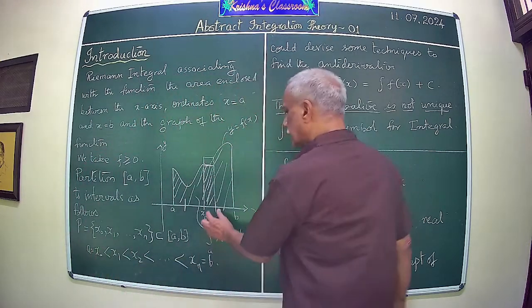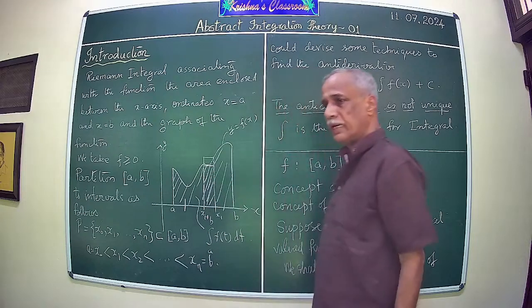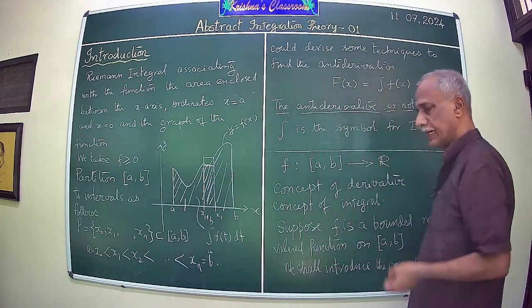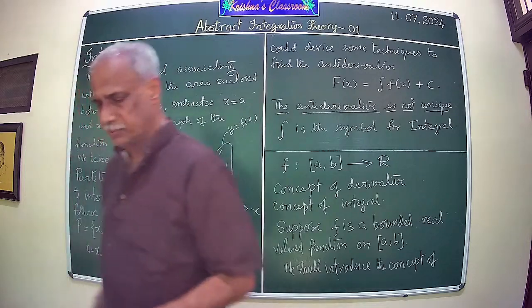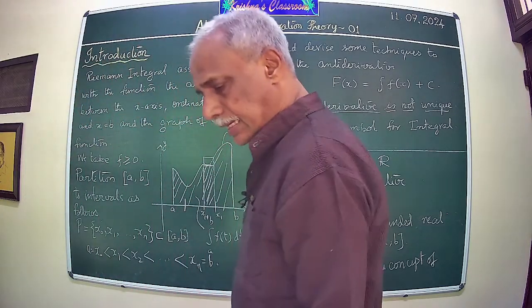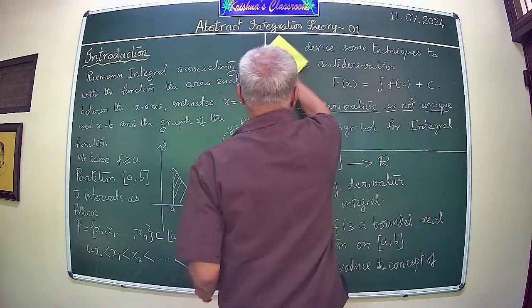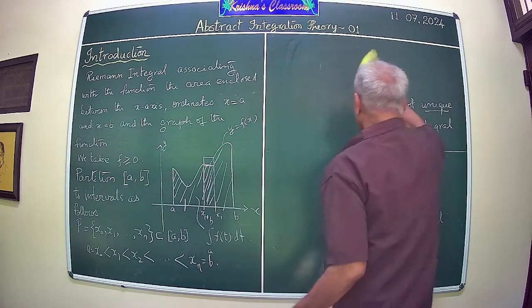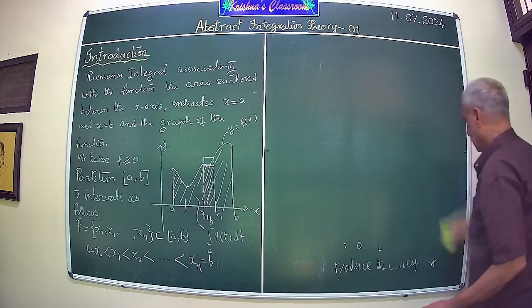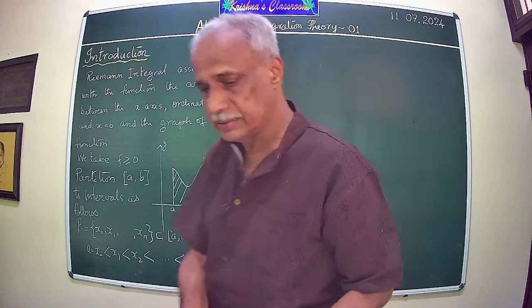So each of these, over these intervals, the corresponding strip is approximated by rectangles from above and from below. Now one observes that under the conditions we have stated,